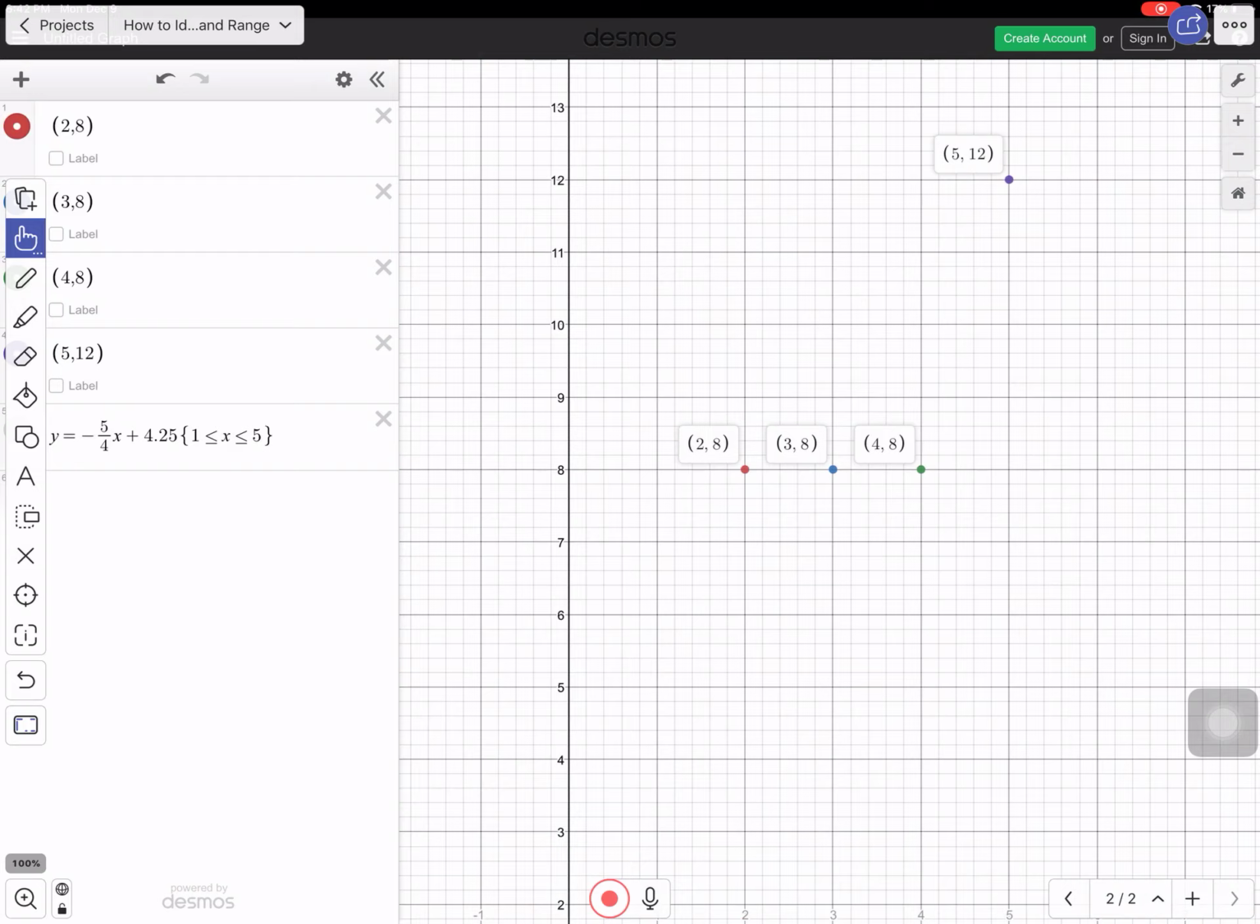The way we're going to figure this out is, we've got to figure out what the domain is. So we're going to just underline the x values here. If you notice, I have 4 x values. So I would say the domain in this case